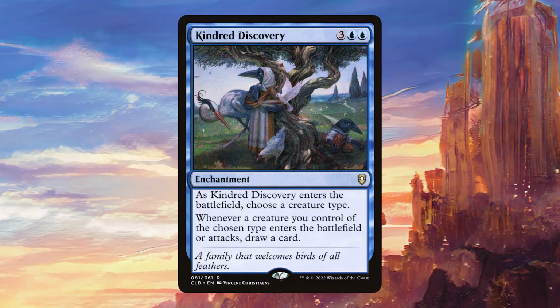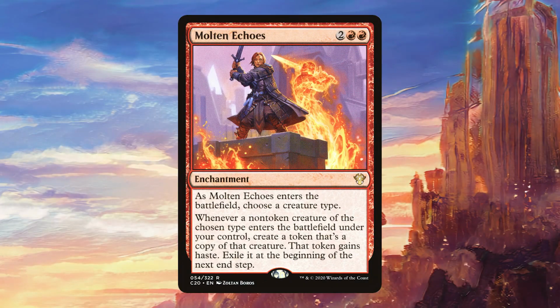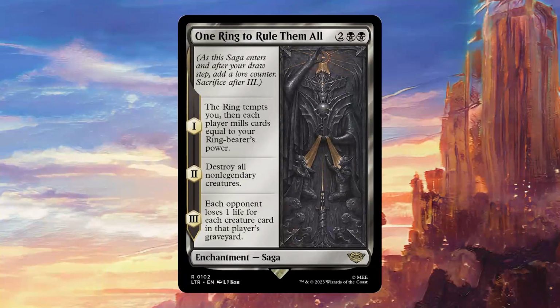Kindred Discovery is fantastic when we choose Wraiths. We suddenly get to draw a ton of cards every time we make a Wraith or attack. Molten Echoes is similarly really good once we name Wraiths. The Nazgul all have ETBs, so getting a token copy of them and immediately buffing our board and tempting us is really fantastic. One Ring to Rule Them All tempts us, and if we have a particularly big army and